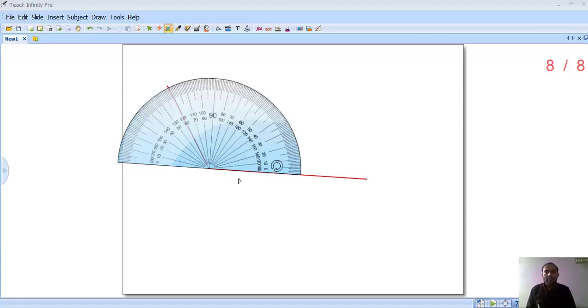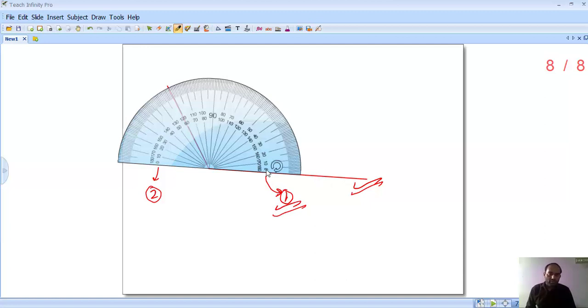Now the third step: you need to decide which 0 you are going to use. Are you going to use 0 1 or 0 2? Which 0 do we need to use? This overlapping line will tell you. The overlapping line is at the right hand side. So which 0 should we use? We should use the 0 1 line.